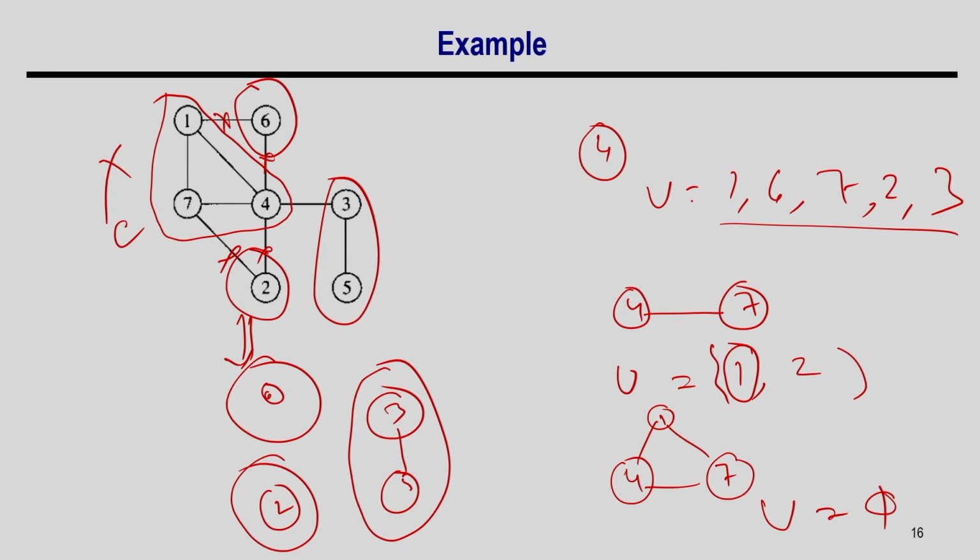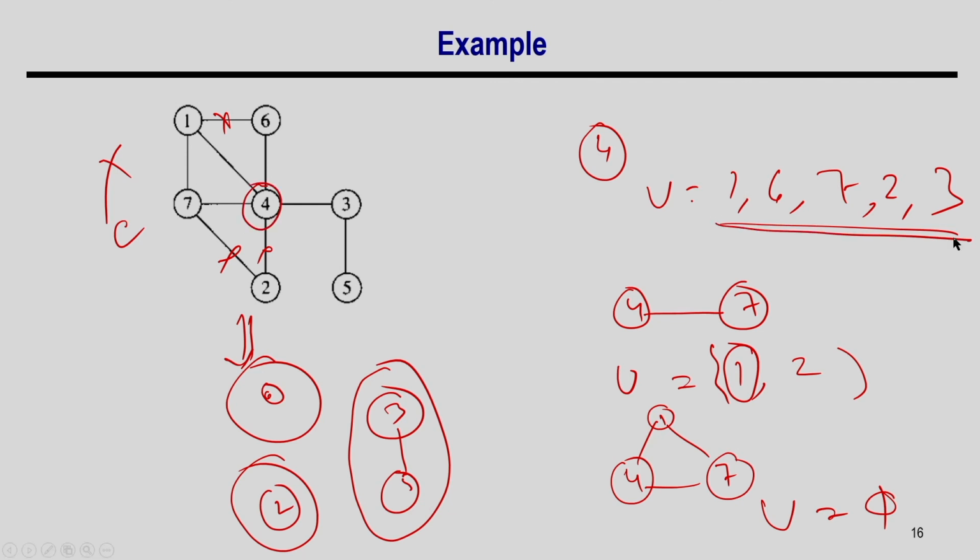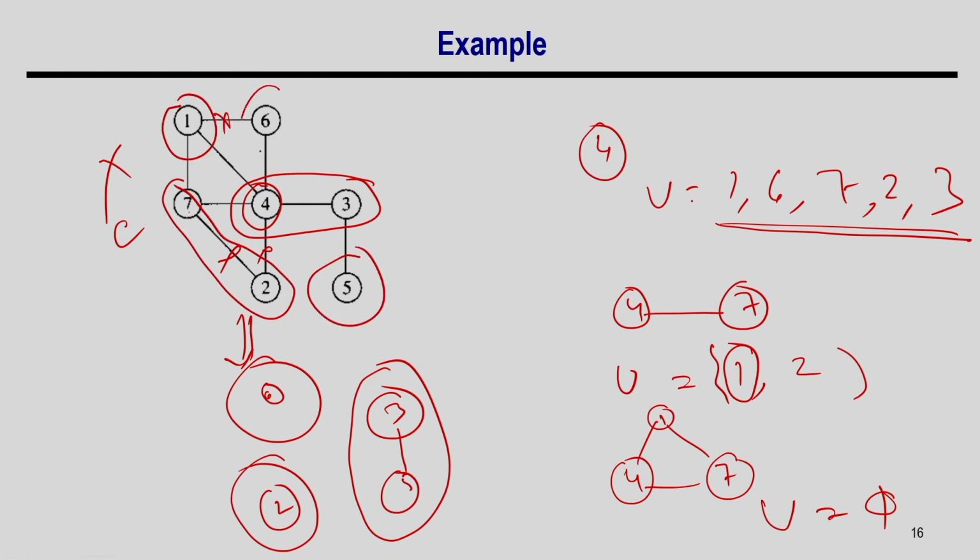Now, why this algorithm is not optimal, that I will explain. In the first iteration I found that 4 is the node, and all these nodes are adjacent to it, and I selected 7. But if I select 3 at that time, this will become my clique, because I cannot add more, and that way I am not getting the maximum clique of size 3. So it may end up that in some cases you have more cliques. You might end up having this is 1, this is 1 and this is 1.